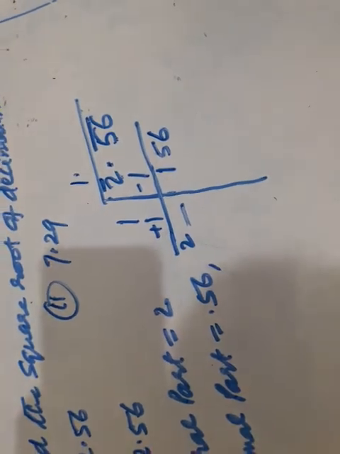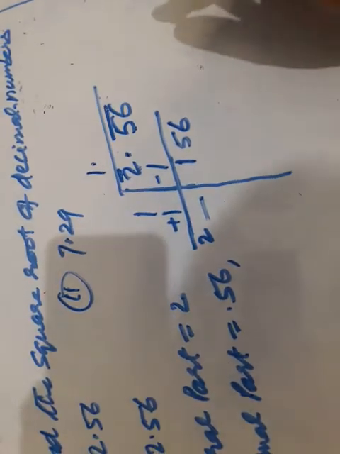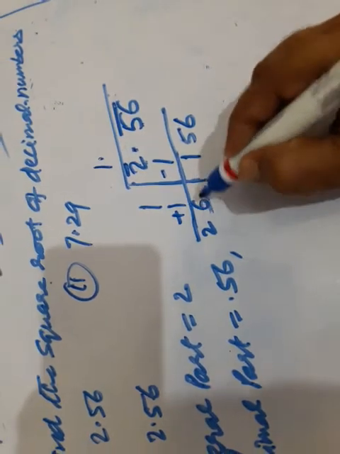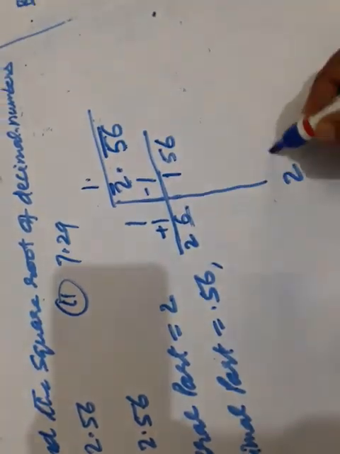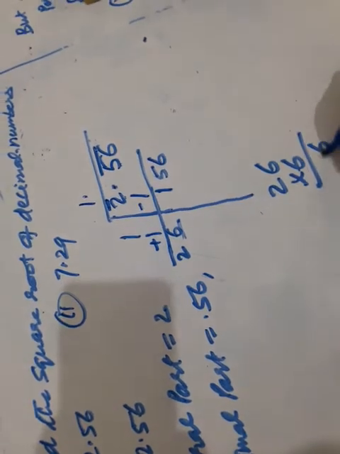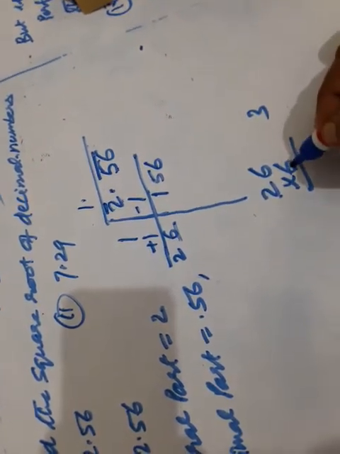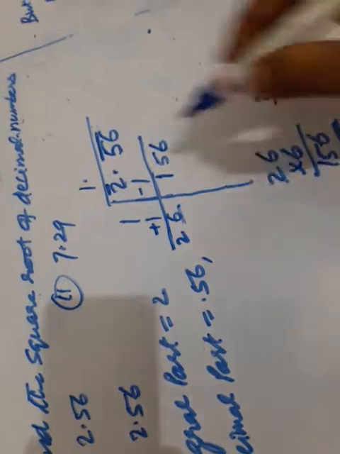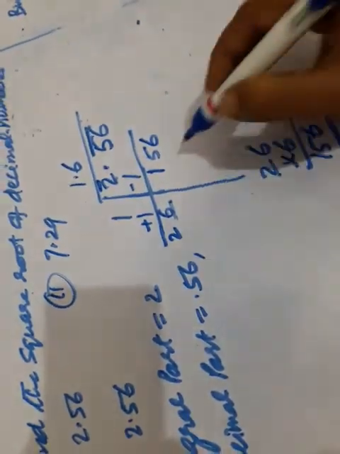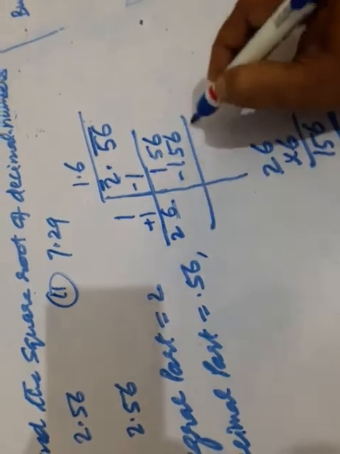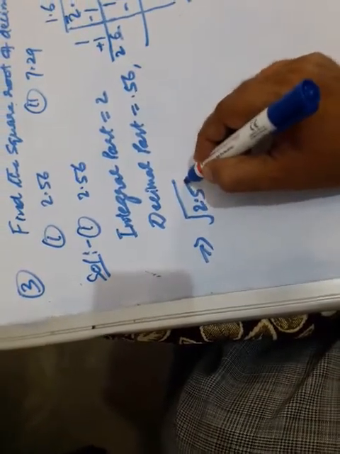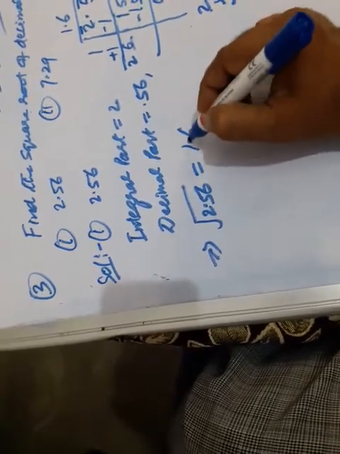Now your present dividend became 156. Now we have to select a digit over here. Let us take 6. Now try 26 multiplied by 6: 6 6s are 36, 3 is carry over, 6 2 ja 12, and 3, that is 15. 156 is the exact number that is needed. So this is 1.6, 26 6s are 156. And now this is 0 0 0. Here the remainder is 0. This implies that the square root of 2.56 equal to 1.6.